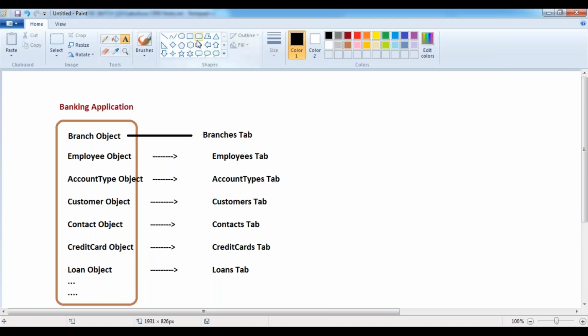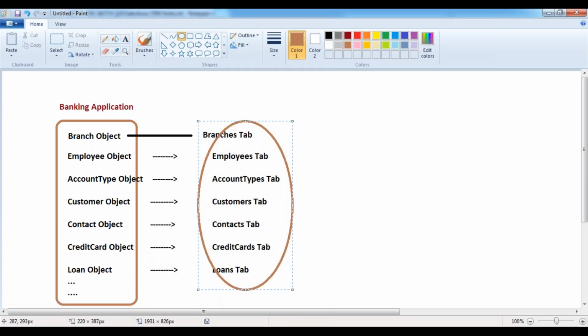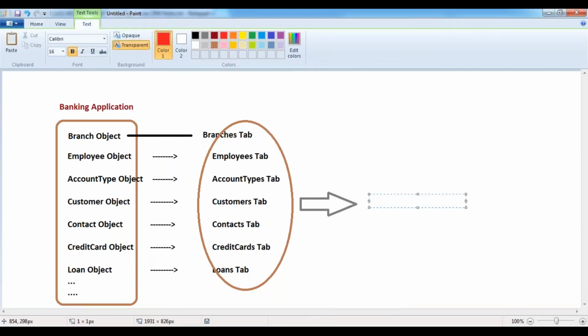When you combine all these tabs, that means all these user interfaces to manage your banking related data, the combination of all these tabs is called an application.